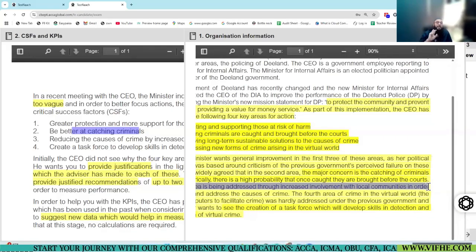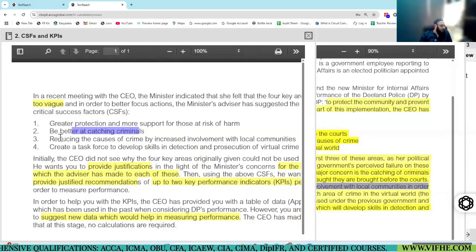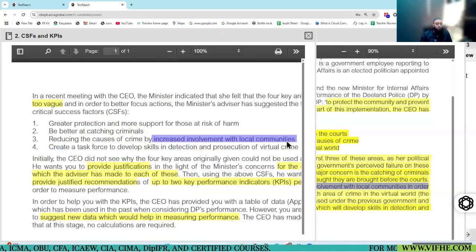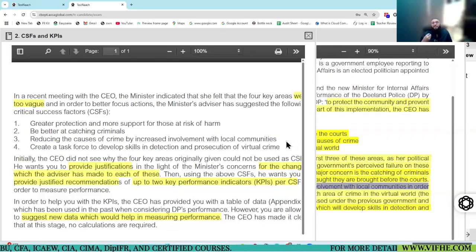What? Increase involvement with local communities. This is the improvement they needed. So the new CSF is reducing the cause of crime by increased involvement with local communities. So what will you say here? It's a simple improvement.